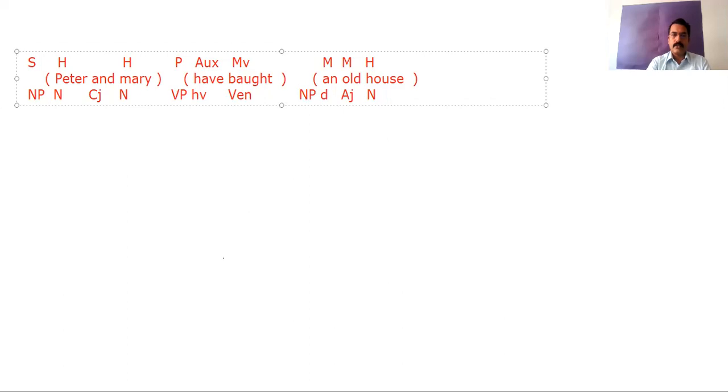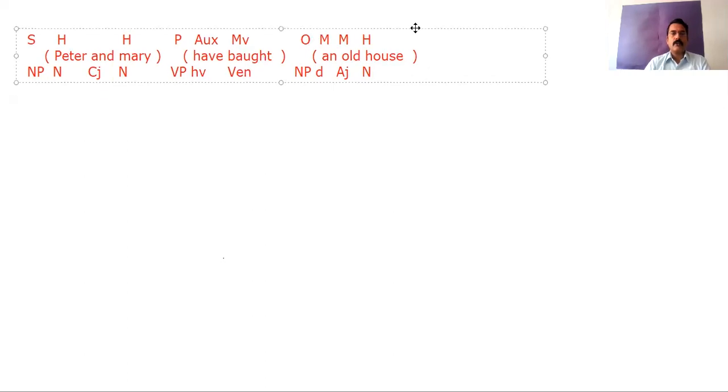And what is the function of this NP? This NP functions as object. Fine. So from this particular sentence, out of the 3 phrases, we will try to analyze the verb phrase, and then we'll try to analyze this one also using skeleton, right?